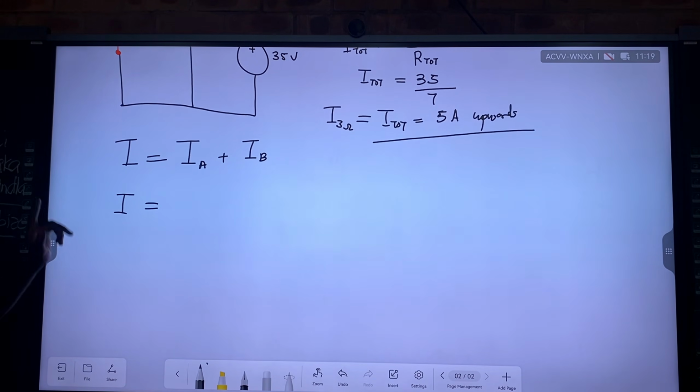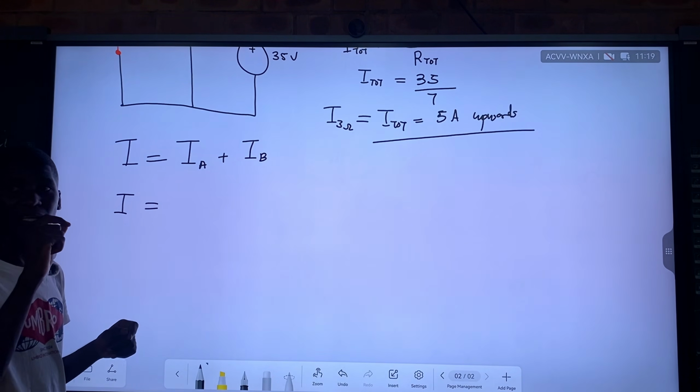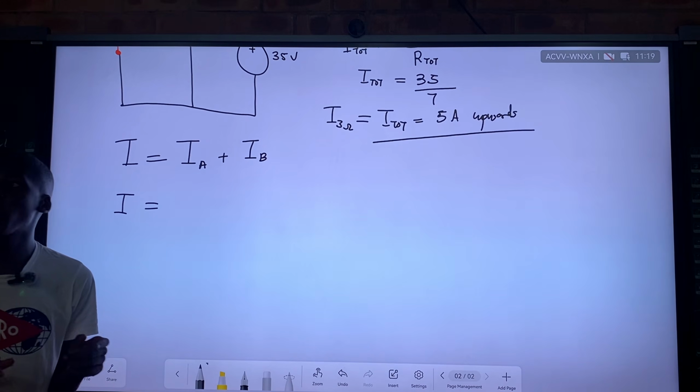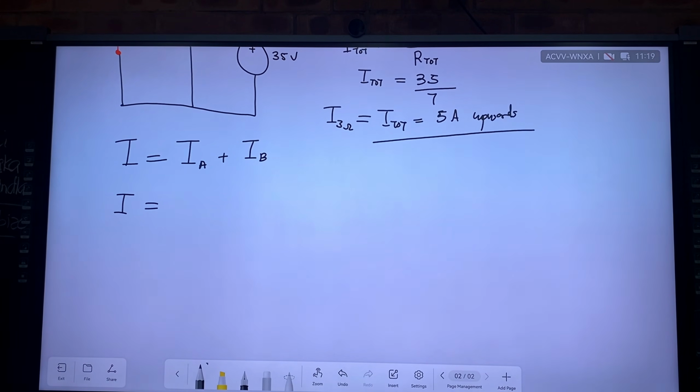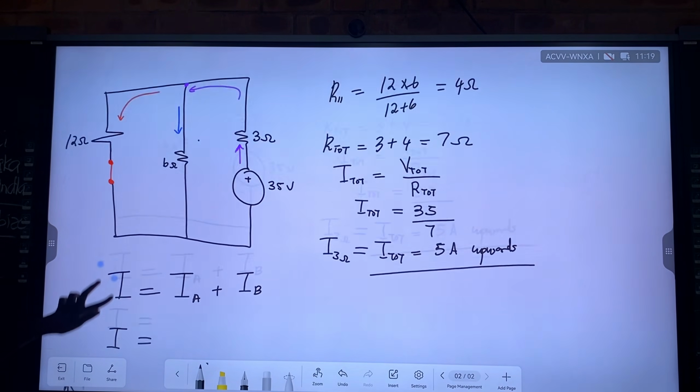Sithole bani? 2 amperes angisho. Oyapi? Down, right? So at this point you have to choose your direction. So you can either have up or you can have down as negative or positive. Choose your arbitrary direction, it is your choice. If we pick up to be positive, then it means their current produces 42 volts.